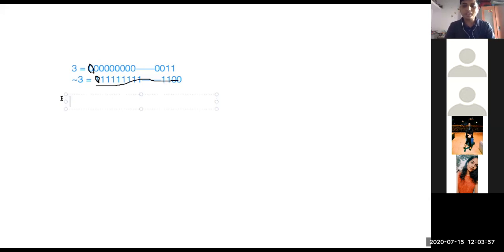So remember that a negative number is always represented in its 2's complement format.